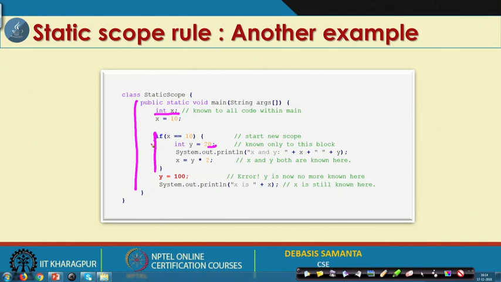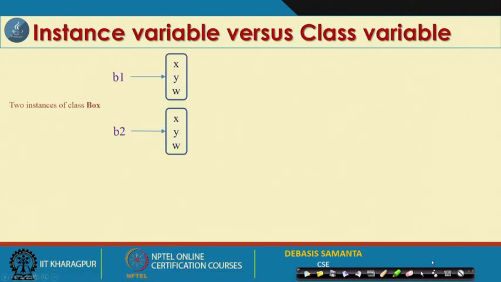Now, this is another example of the static scope rule. In this case, if we attempt to access y equals 100 outside, it will report a compilation error. This is because the scope of y ends beyond this, so y does not have any scope outside this region. That is the static scope rule, and it is in the case of simple variables that we have discussed. So, we have learned about the simple scope rule.